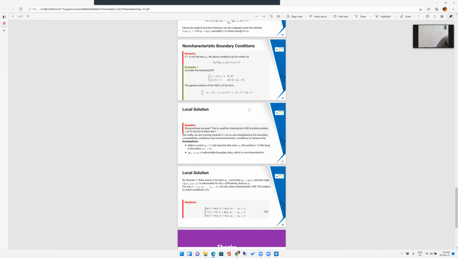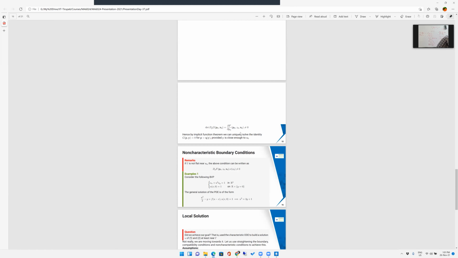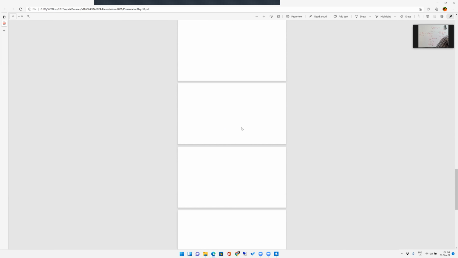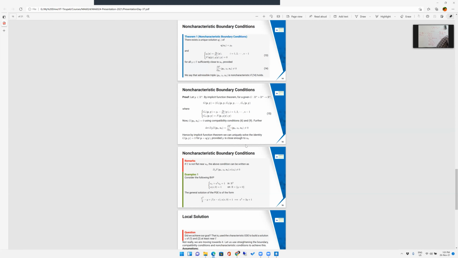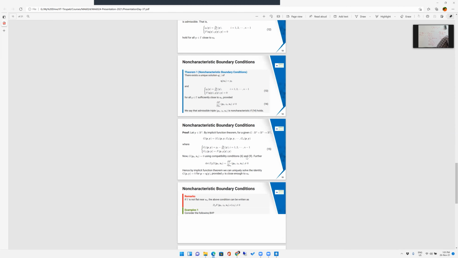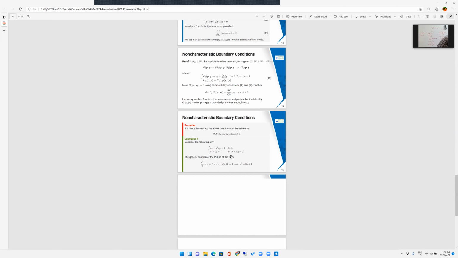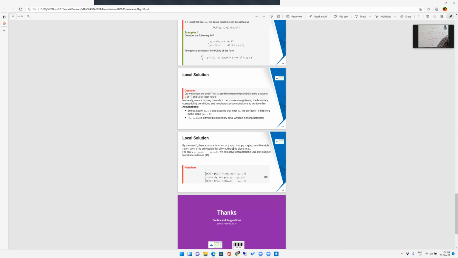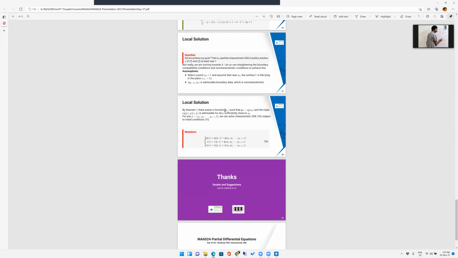Then you are going to find the local solution. This theorem I will state in the next class, and we are going to call it a local solution. We are going to give the proof also, and then we'll solve one problem to obtain that. From the compatibility condition and straightening the boundary, everything together, what we achieve is that we calculate the local solution only. The local solution for each x naught we will construct, and then you can stitch it together to get the solution for the complete domain.